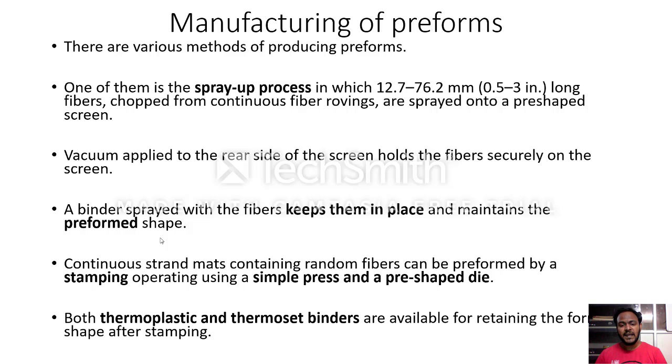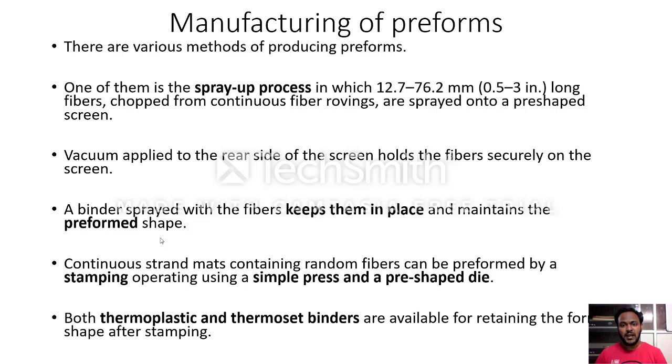Braiding is another process where you can make the preform. You know very well about braiding. The shoelaces used in shoes are all braided structures. Those braided structures are usually used for making tubular preforms. So different shapes of preforms can be produced. If you want a tubular preform, you can use braiding. If you want a normal 2D preform, you can use a spray process, or if you want a 3D shape for the product, you can use a textile fabric to make a 3D structure. So there are various ways in which you can make the preform.